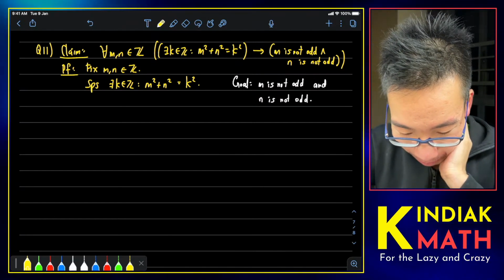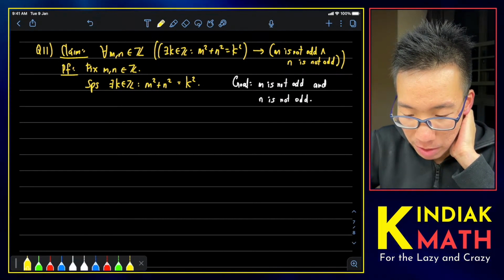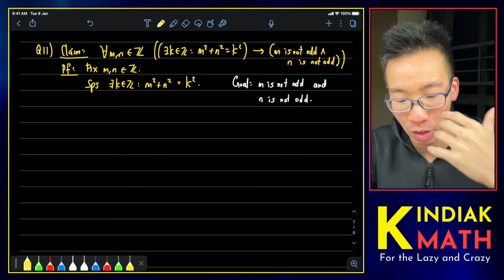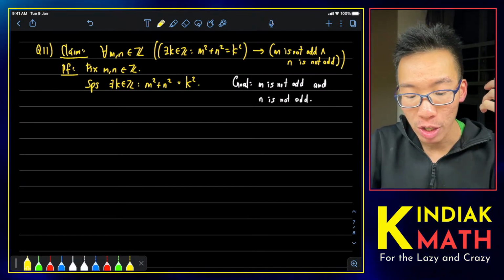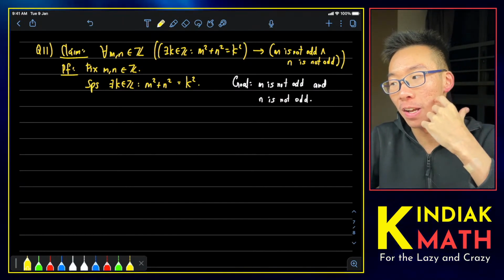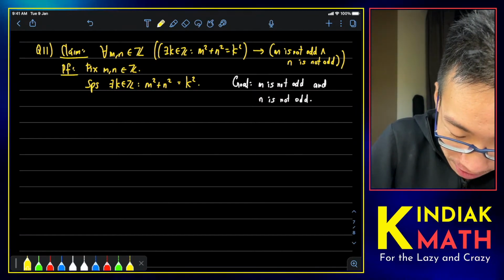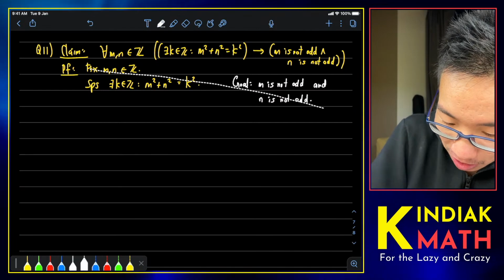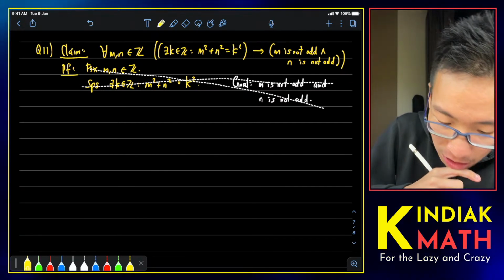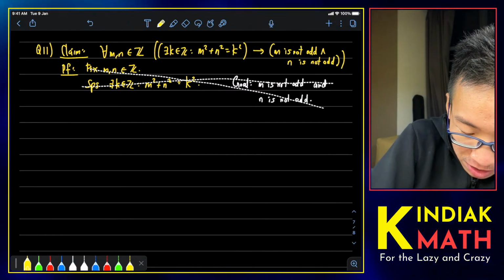It's really hard to prove it directly, right? It's very hard to just immediately show that m and n are not odd. So what happens if we instead prove that the negation is false by contradiction? This is not what I first wanted to do, because it's not obvious what I should do. But if I consider the negation,